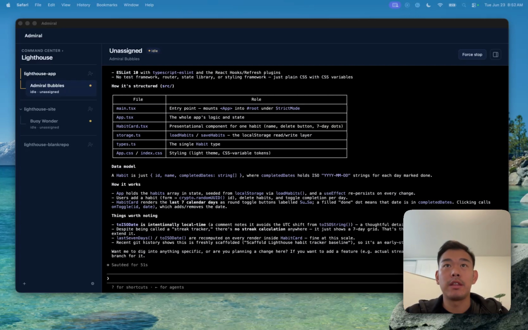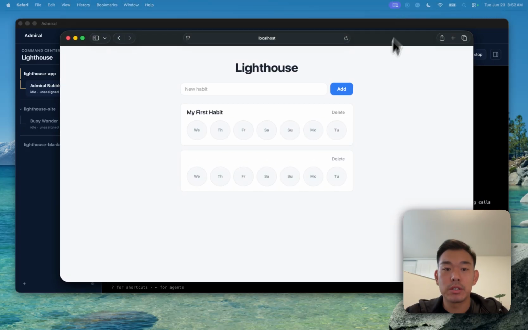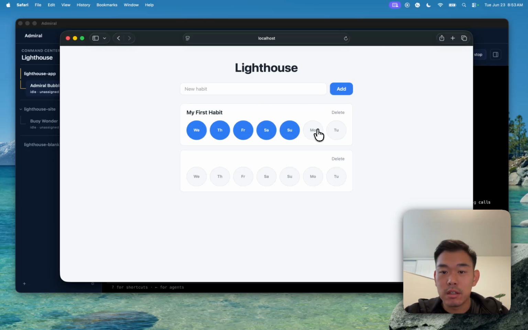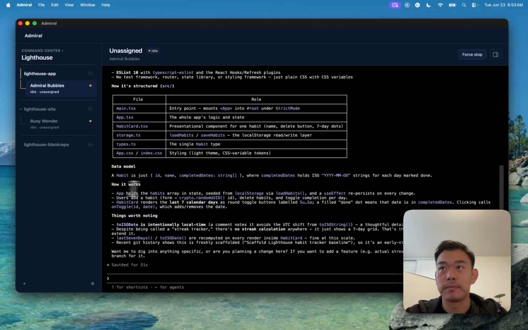So I think with the Lighthouse app, what we could do is I can select these days, but I have to count 1, 2, 3, 4. So let's actually have a counter on here. So that way I don't have to manually count it. It just automatically updates the count for me. Okay, so let's do a streak tracker. So I can see that Admiral Bubbles knows what I'm doing. So could you please